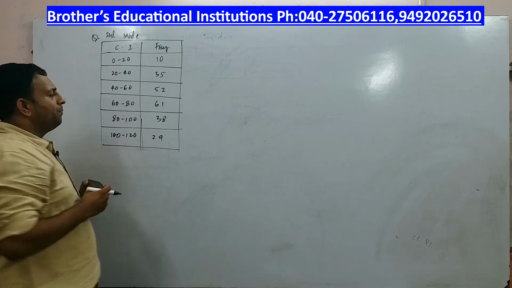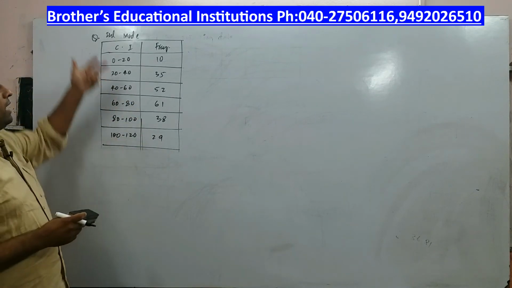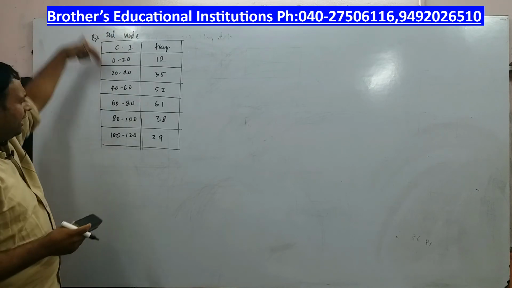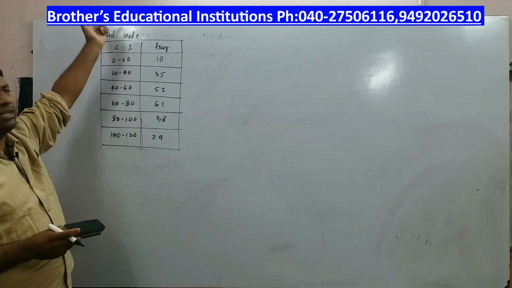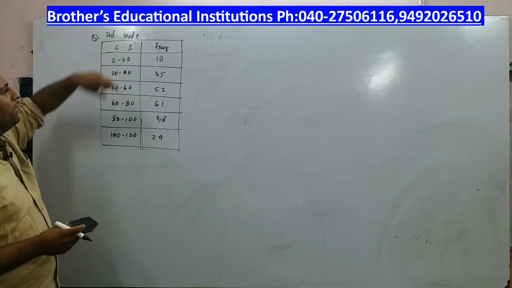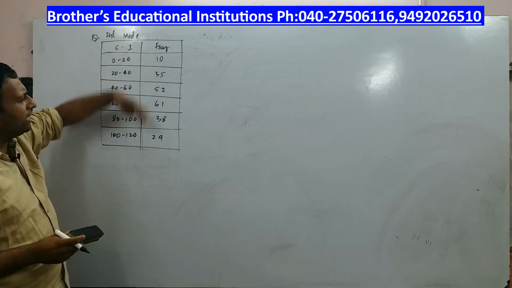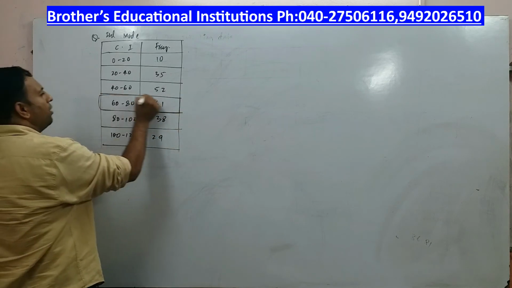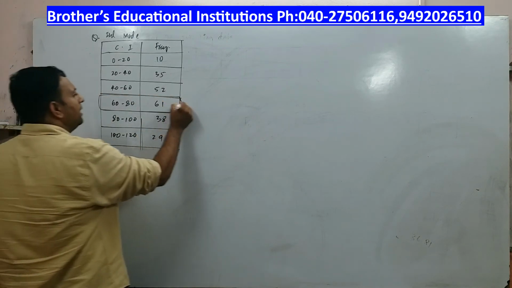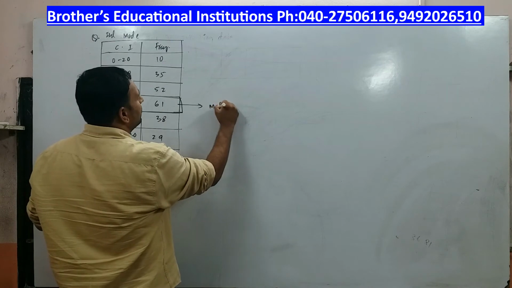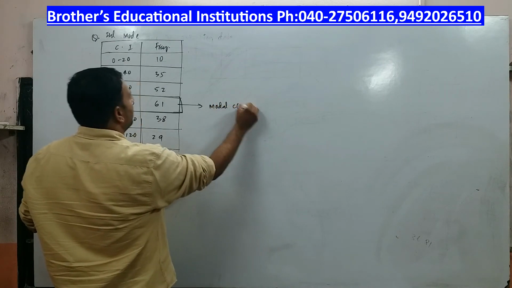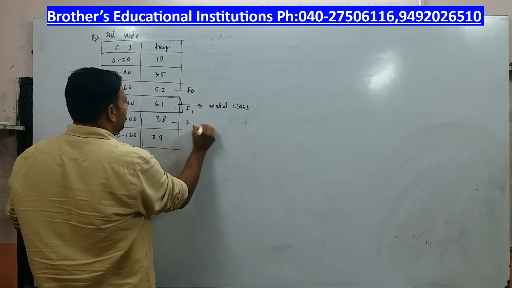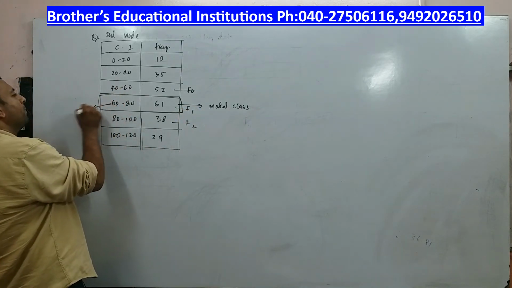Right. So you have copied the previous problem, and now I have come up with one more problem, find the mode. The data is given to me, but I have taken the data in a vertical fashion, and we'll straight away move to the problem. Now you can see the frequency. Which is the highest frequency here? 61. So now when this is the highest frequency, I will declare this class as the modal class. This is F0, this is F1, this is F2, and here you have L.